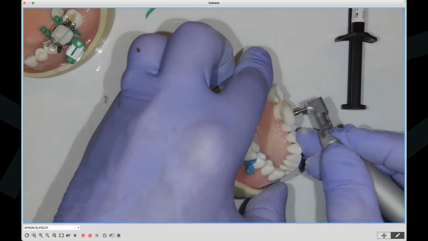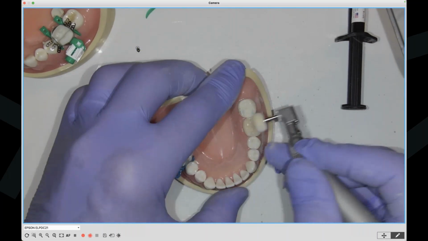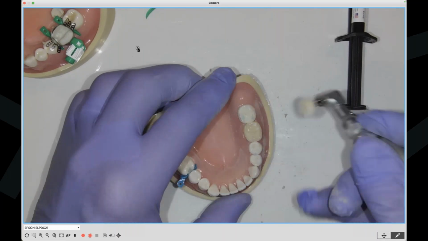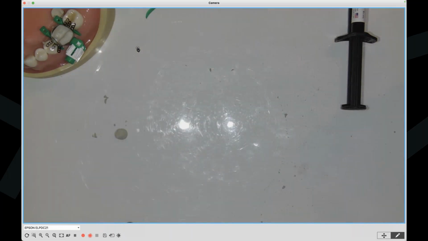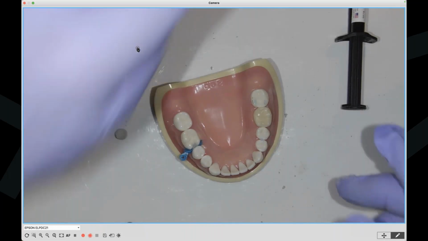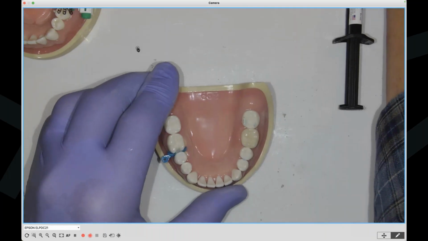Okay, you can't find the margin on here, which is what we want. And we now have a nice high shine. Let's put this on there, blow it off, and focus a little bit. And let's bring it in a little more.